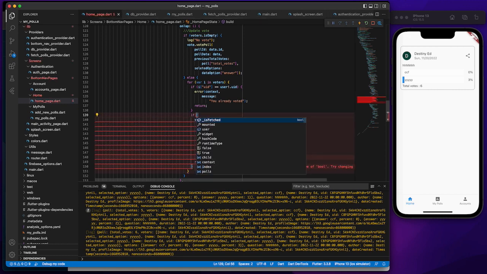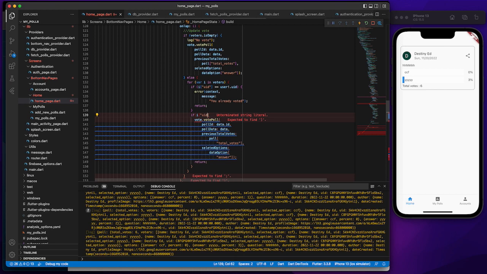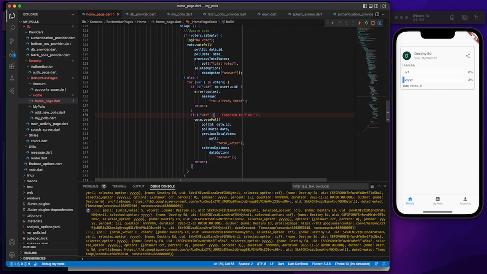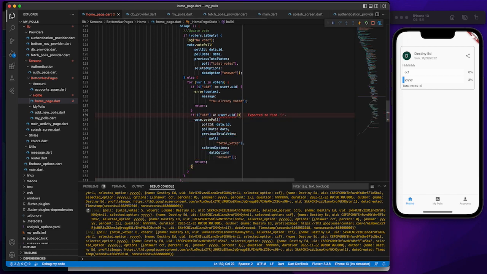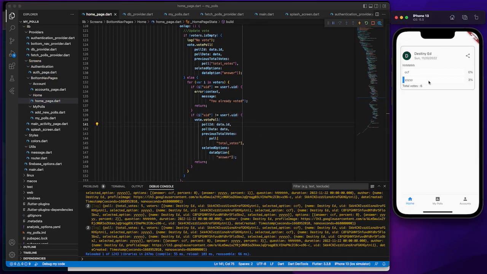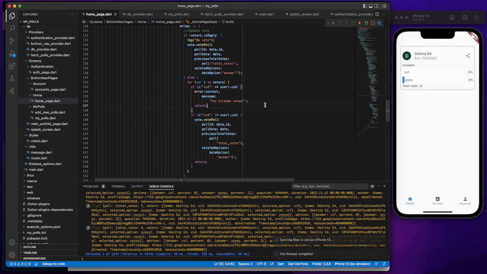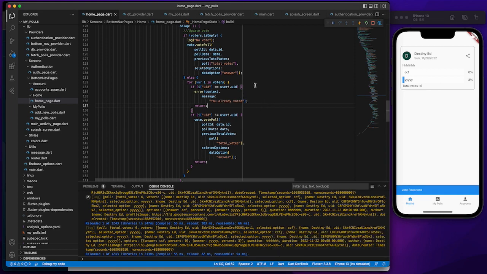So if UID is not equal to user.uid, okay, then you can go ahead and vote. If UID is equal to UID,